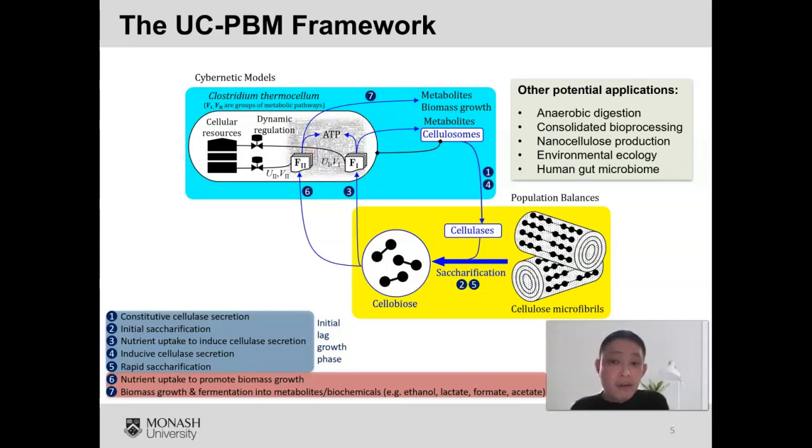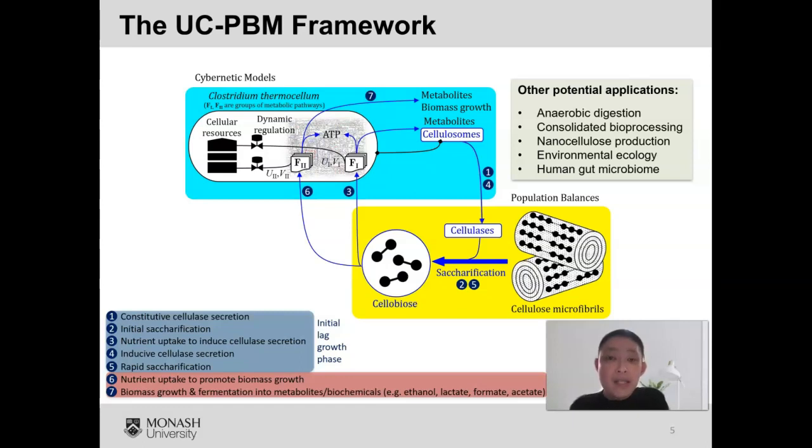for its own survival, right? Because we hypothesize that when there is no food around, when you only have cellulose as a particle which the microbe cannot immediately assimilate, then the microbe has to decide to produce more cellulase in order to break the cellulose down to simple sugar. And once the simple carbon sources are abundant, then the microbe has to steer its own metabolism in order to pick up the simple sugar and start to use it for cell growth. So all this